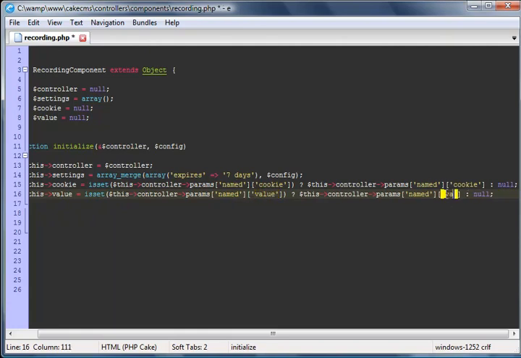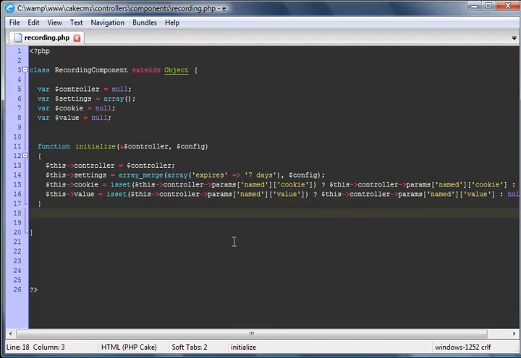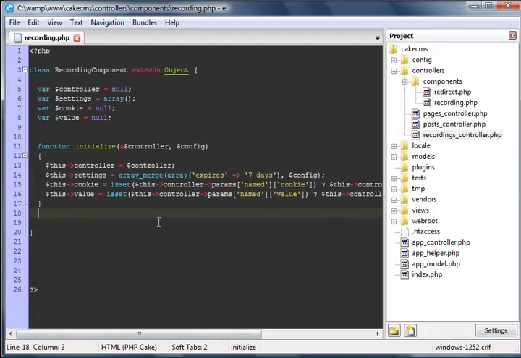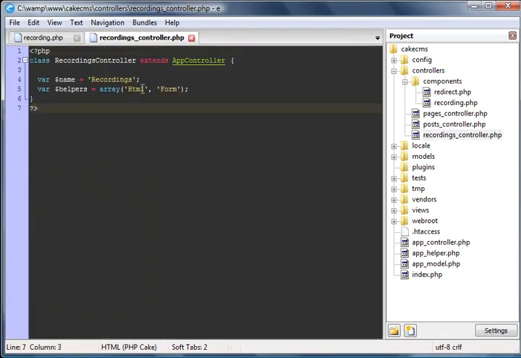And we'll say value here. Now, before I go any further, I want to show you something. So I'm just going to do a Control P and go into our recordings controller. And I want to turn it off so it doesn't use databases for this controller, because right now it's going to look for the recordings table, but we don't want to set that. So we can say users, and we can say null,